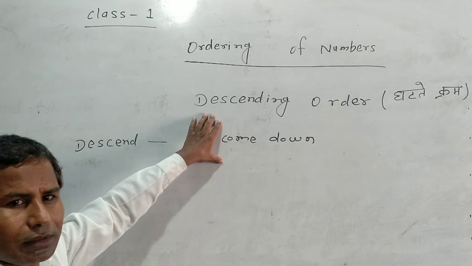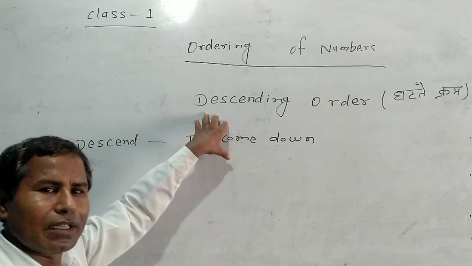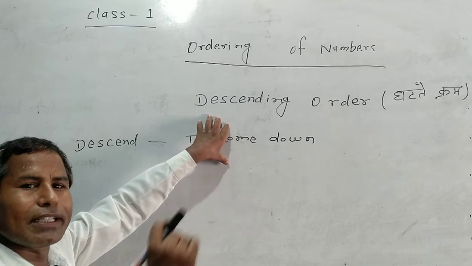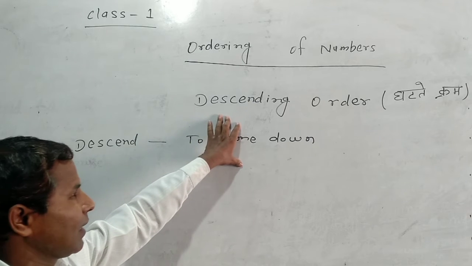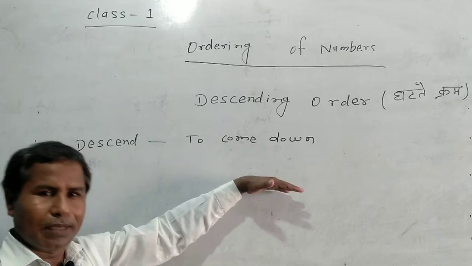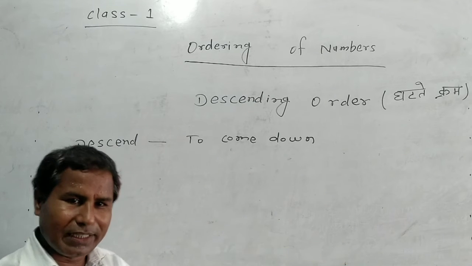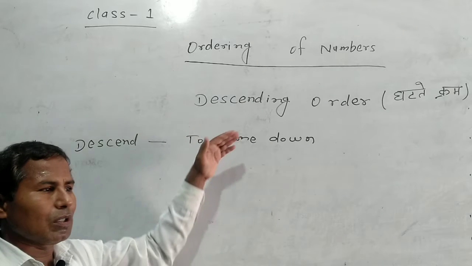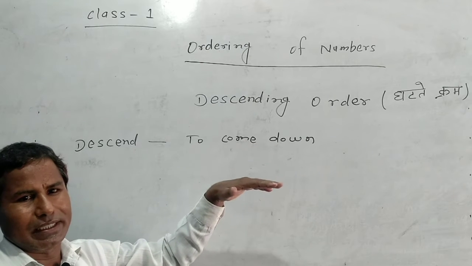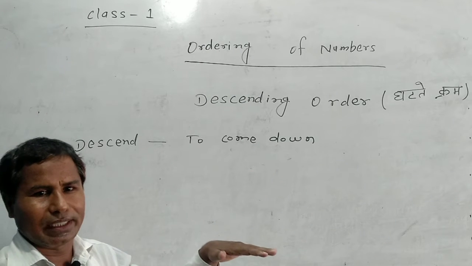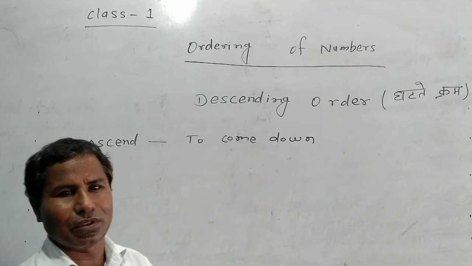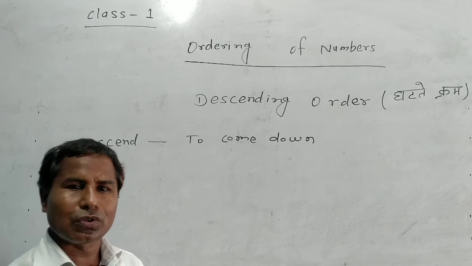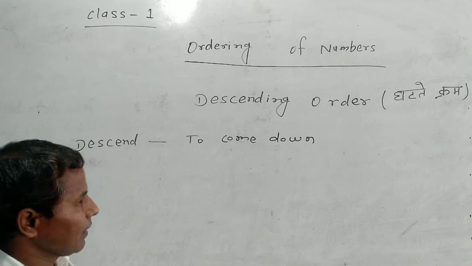In descending order, we arrange the numbers from the greatest to the smallest. यानी descending order में जो है बड़ा नंबर से छोटा नंबर की ओर अरेंज करते हैं. जब भी नंबर को अरेंज करेंगे डिसेंडिंग ऑर्डर में, तो सबसे पहले बड़ा नंबर को रखेंगे, उसके बाद फिर उससे छोटा नंबर को रखेंगे, उसके बाद फिर उससे छोटा नंबर को रखेंगे. इस प्रकार से सबसे छोटा नंबर जो होगा उसको लास्ट में रखते हैं. In this way,